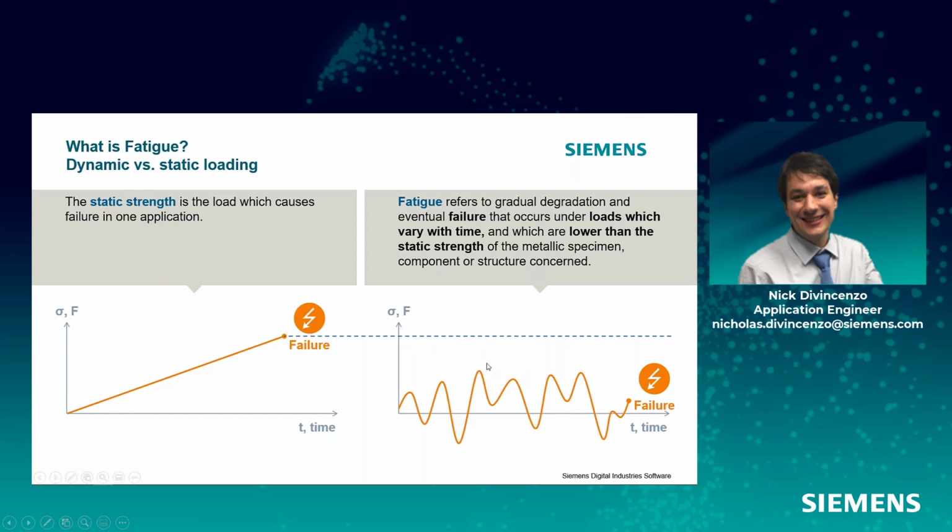But due to metal fatigue and the mechanisms of metal fatigue, our parts, our devices, our products, can fail when they experience a load history that is well below the static strength of the material. And we'll talk about why that is further along in this presentation. But primarily what we'll be talking about is this fatigue failure aspect of durability testing and analysis.